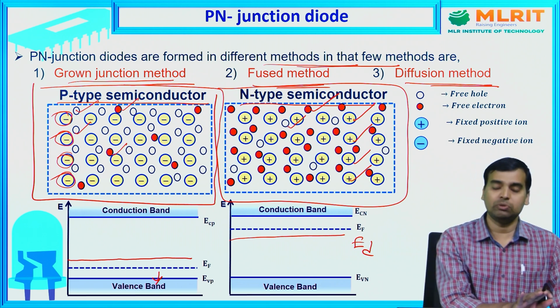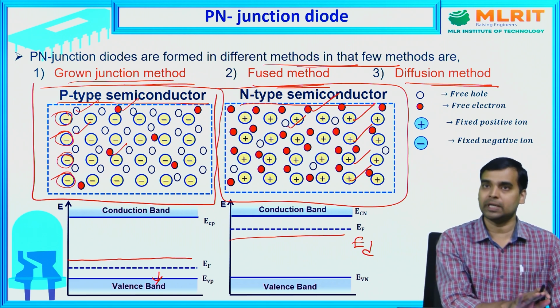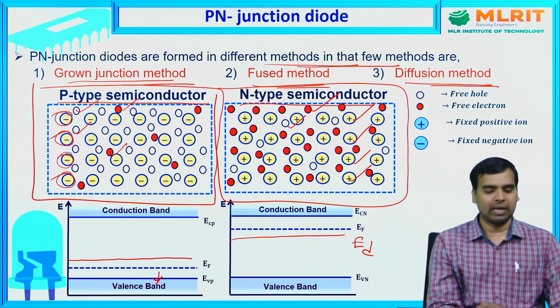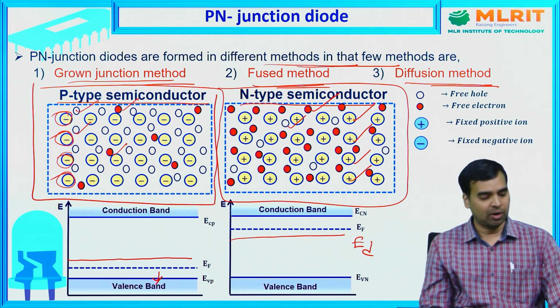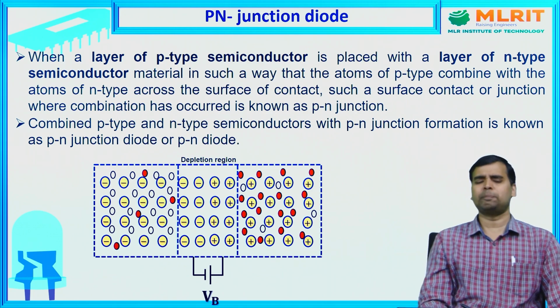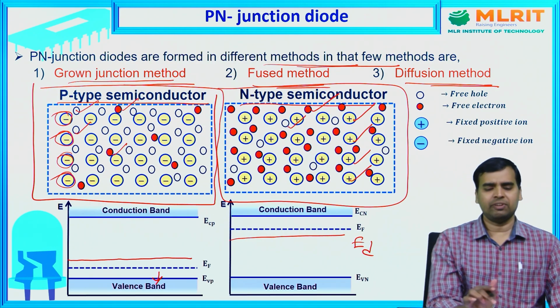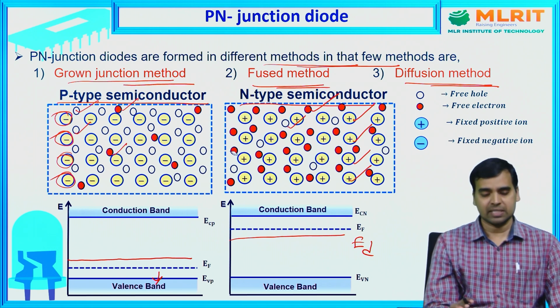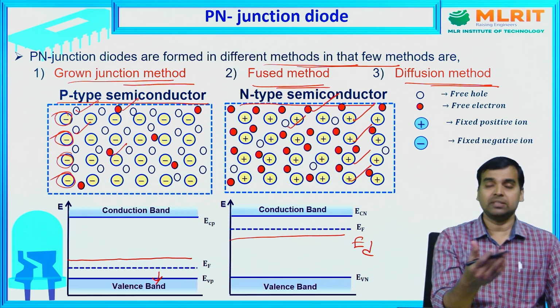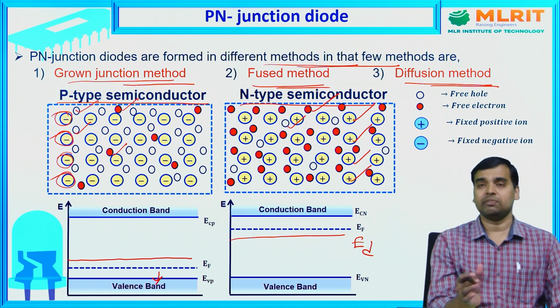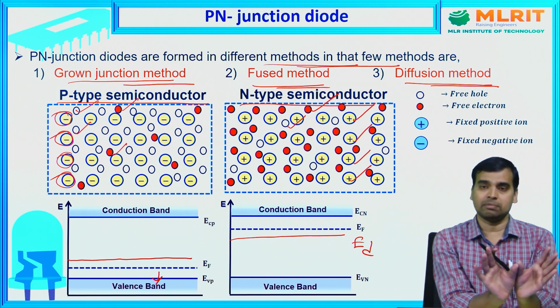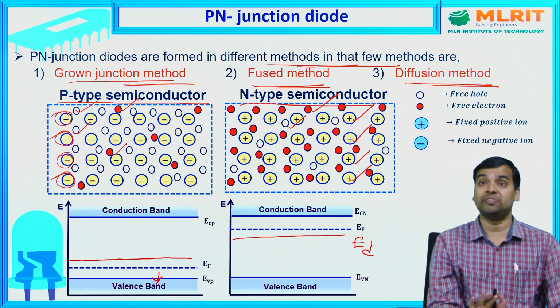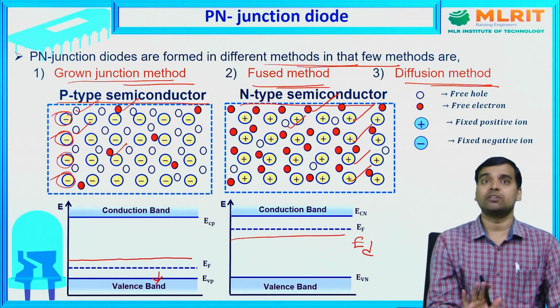These are the charge carriers in individual p-type and n-type semiconductors, and the energy level diagrams in p-type and n-type semiconductors. Now, let us see the formation of p-n junction diode. When it comes to the p-n junction diode, as I told you, whenever we combine p-type and n-type semiconductors, whatever the method, p-n junction diode can be formed in different methods. Whatever the method, immediately there exists a diffusion process. Diffusion process in the sense, flow of charge carriers from high concentration to low concentration.